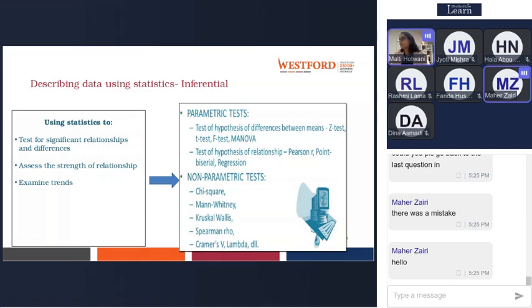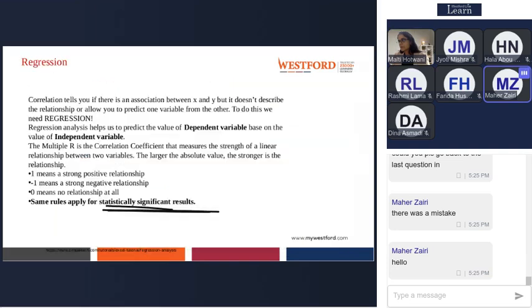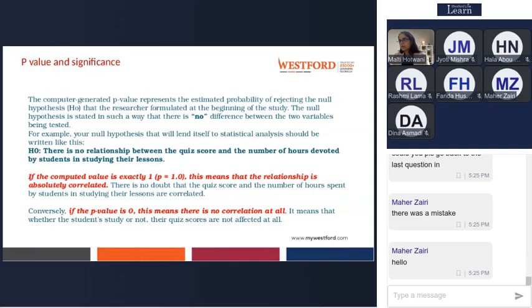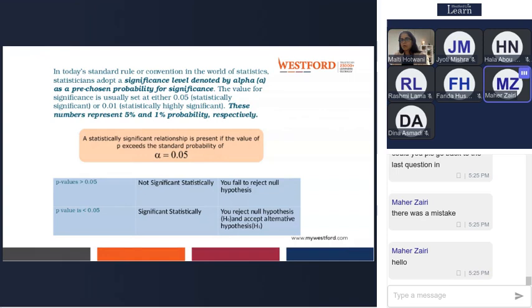I think there was a mistake in the last calculation example. The p-value was less than 0.05, not 0.005, so the conclusion was wrong. Thank you, Meher. Since the p-value was less than 0.05, my test was statistically significant.